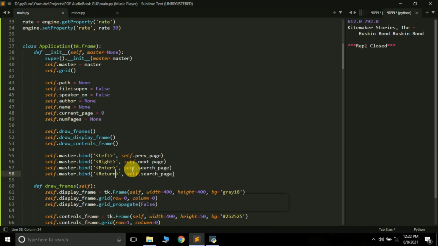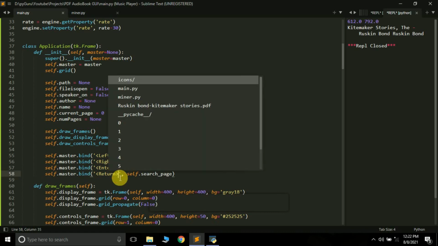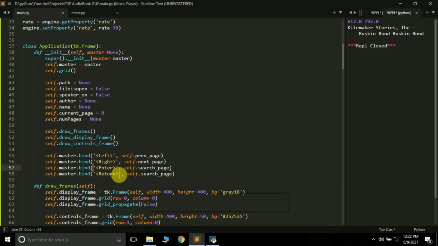Okay, it's my fault, actually it's all my fault. Here is the problem. See, the enter key in the master is actually denoted by return. This enter means that our mouse has entered the GUI. So let me just do this.